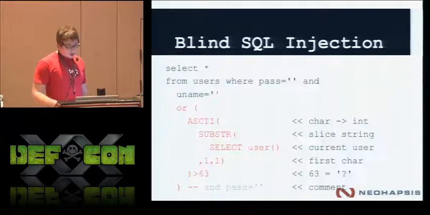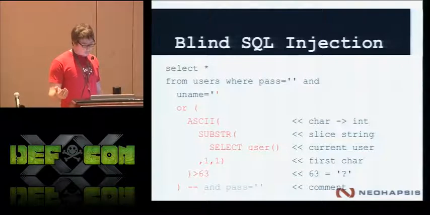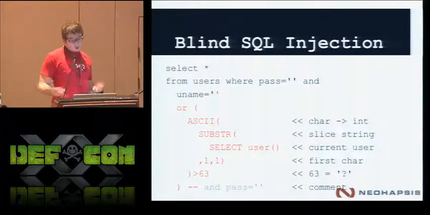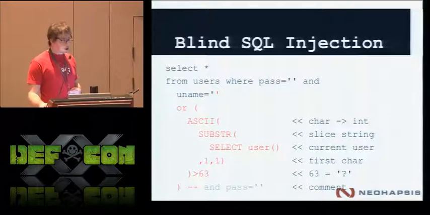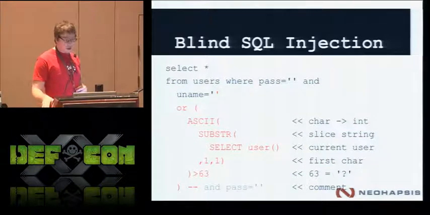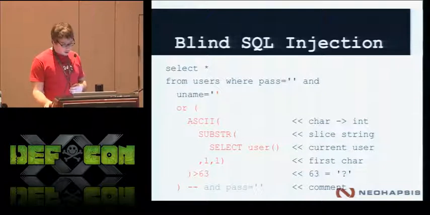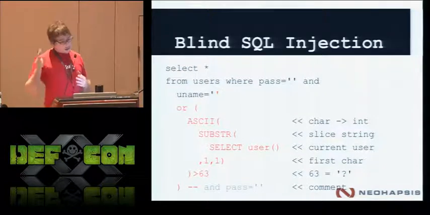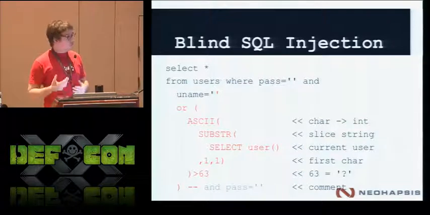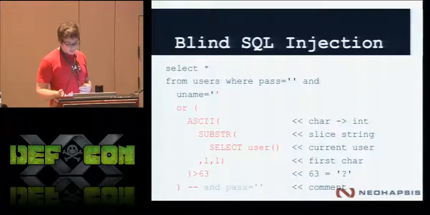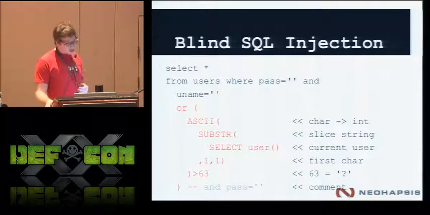So let's go ahead and walk through what the blind SQL injection looks like, or what these components are, so you have a better understanding of how this works, right? So we're selecting star from users where password equals tick tick, and username equals, and then we tick at that, we close out at that point, and here's where we inject our code, right? So we're saying or the ASCII, which is going to take a character and turn it into an int, the substring command, which is going to basically slice the string. All right, and the way that works is it's going to slice the first position,